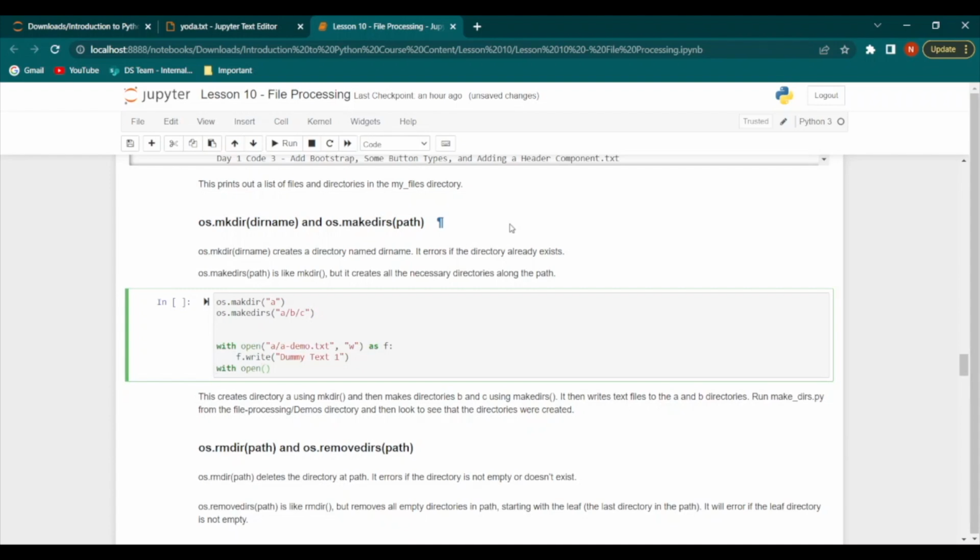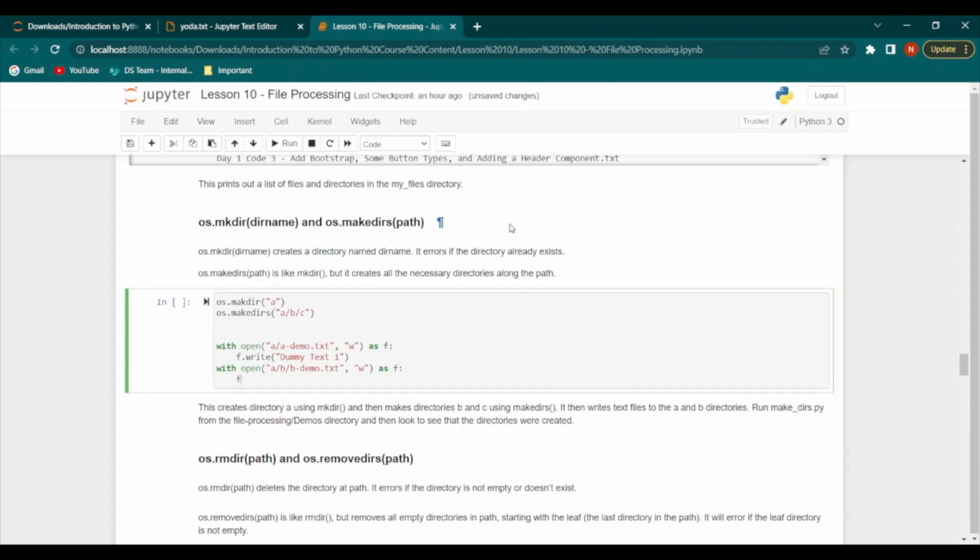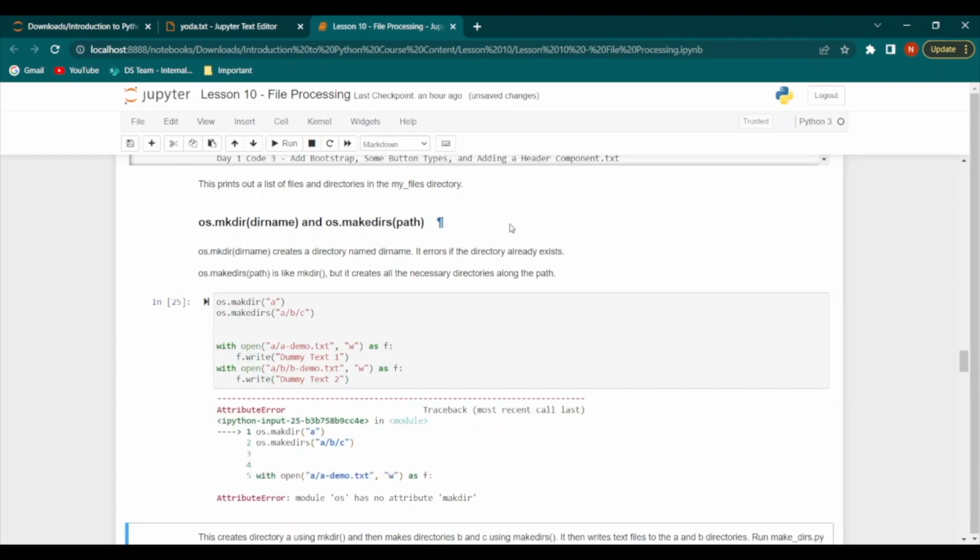Then we will say with open a slash b slash b demo.txt in write mode as f. Then we have f.write dummy text 2. So now when we execute this,